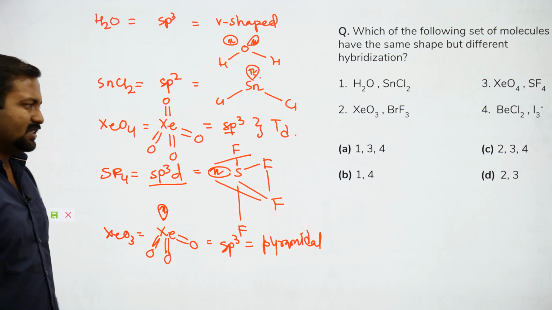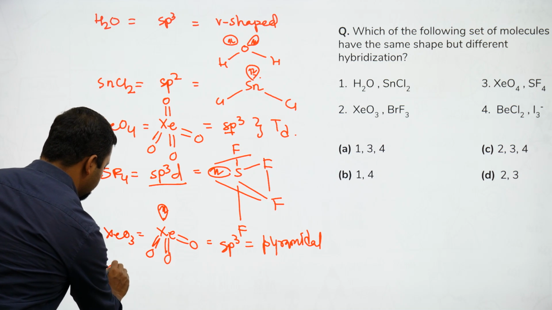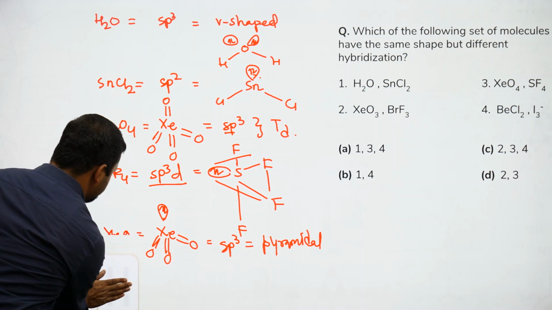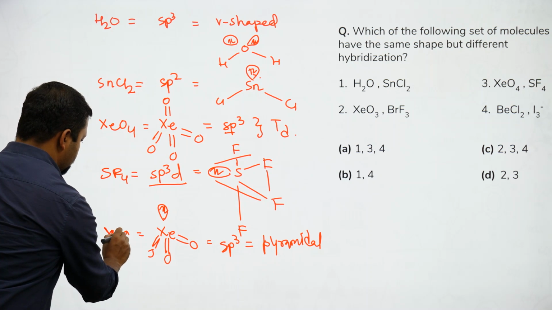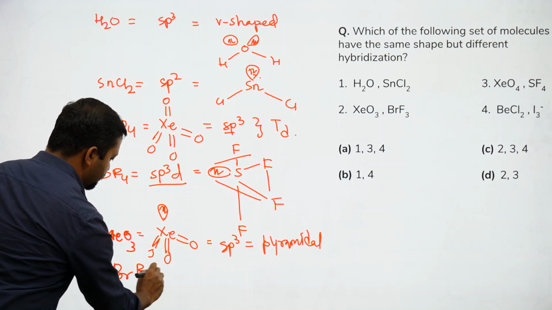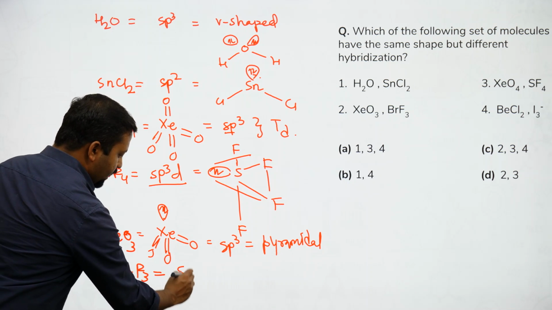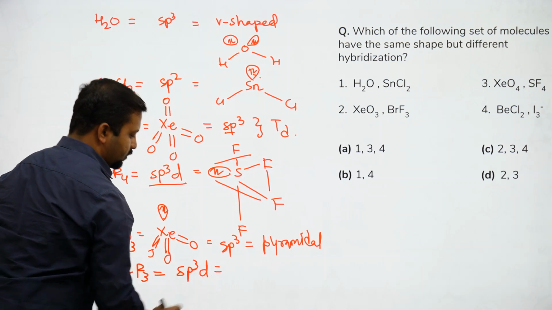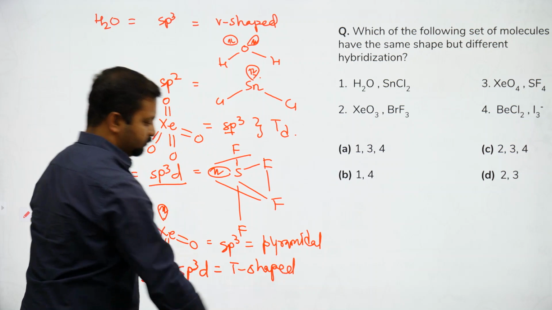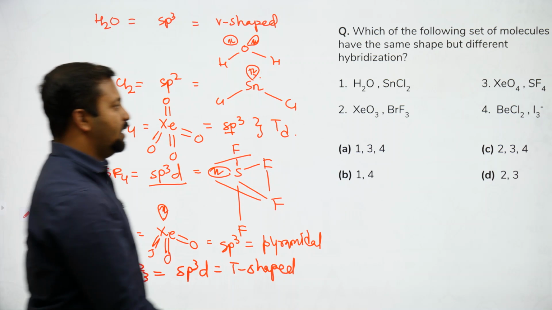BrF3, ClF3, BrF3. Okay, they're the same thing. XeO3, BrF3: sp3d, T-shaped. This is T-shaped. BeCl2,